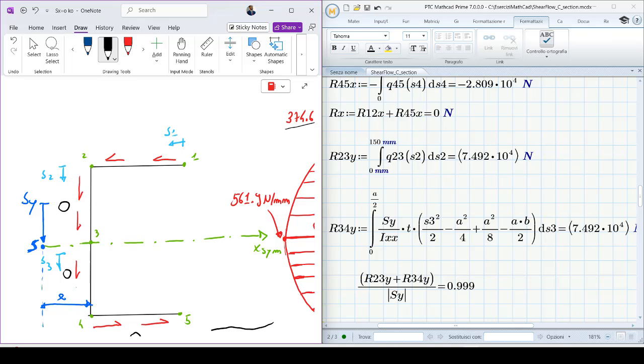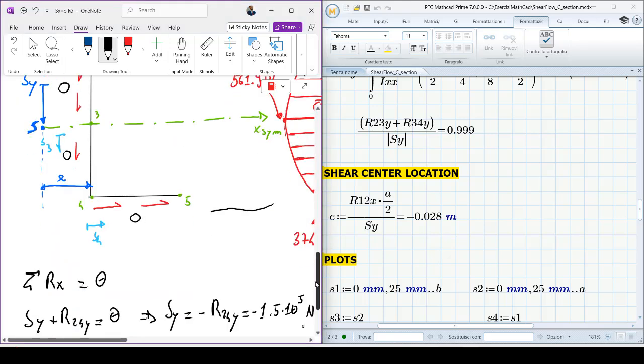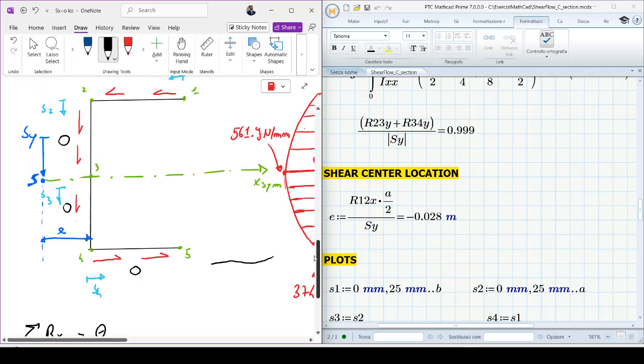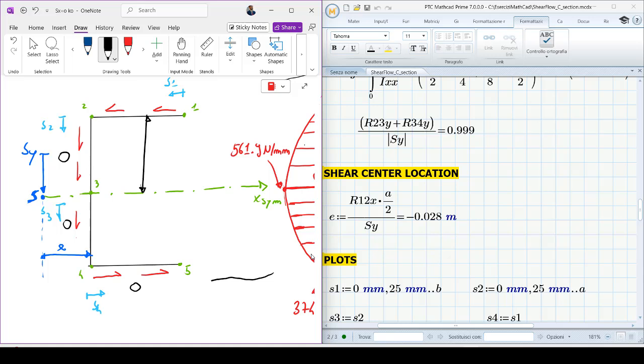But I can calculate this quantity, the distance of the 2-4 web from the shear flow. To obtain this quantity, I must say that now this is an arm of R12x, because here I have R12x. The arm is A over 2. Clearly, the other, R45x, generates a moment with respect to R12x. So this is also A over 2. But these two arrows, if you see, generate the same moment. So I must